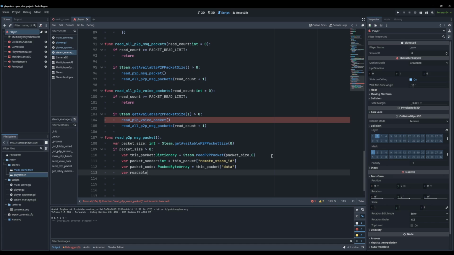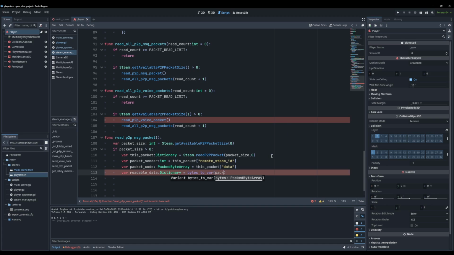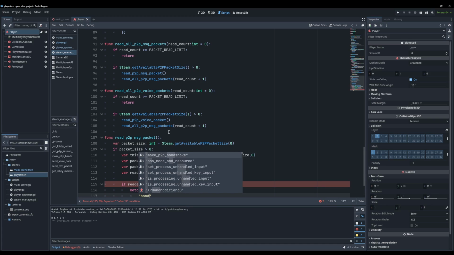Var readable to data dictionary. I need to convert that from bytes. Packet code, yep. If readable data dot has message, then we want to match. You know I love my match message. And if that's the handshake that we set from before,